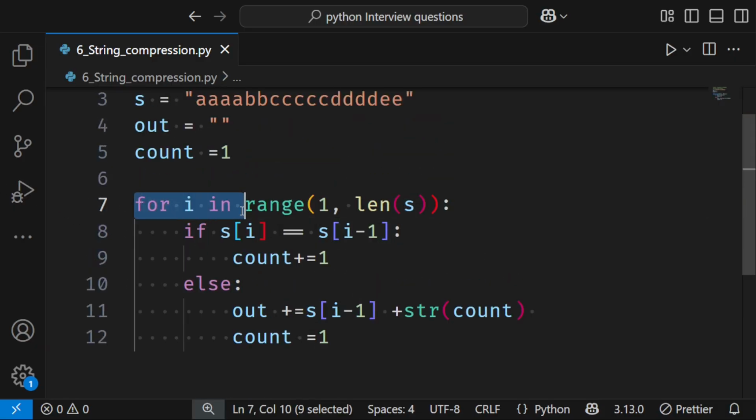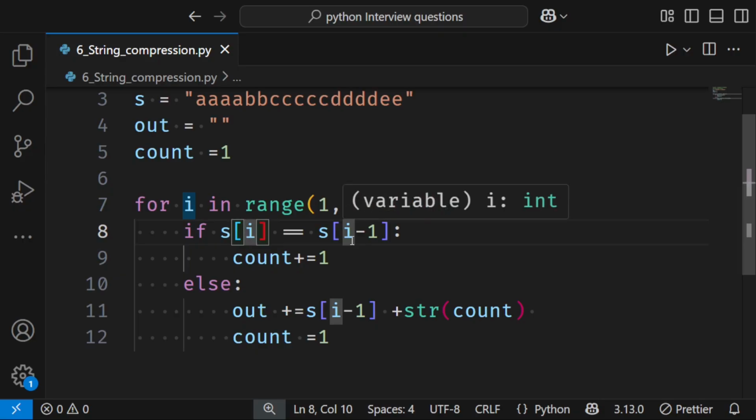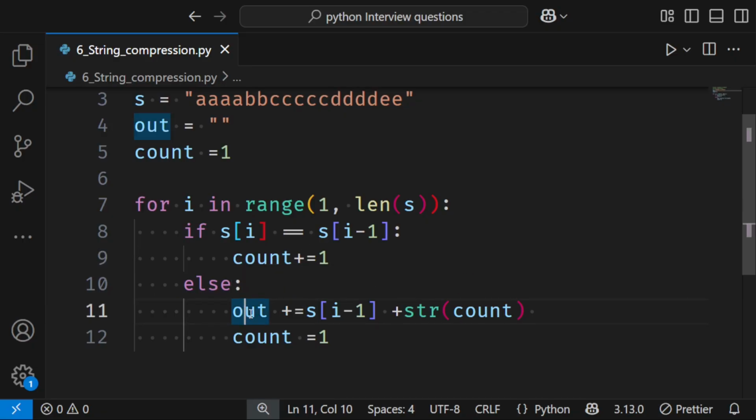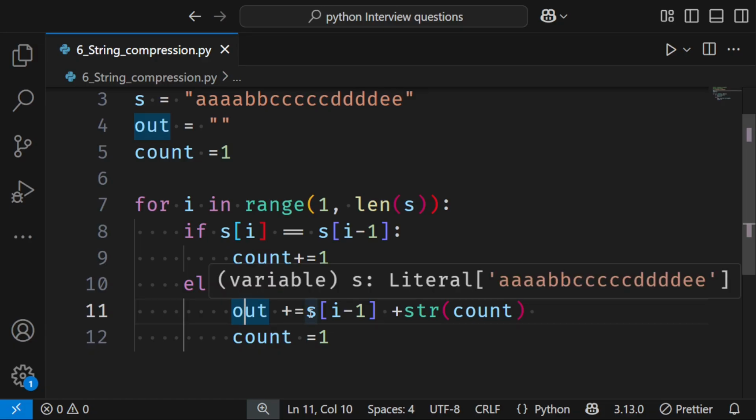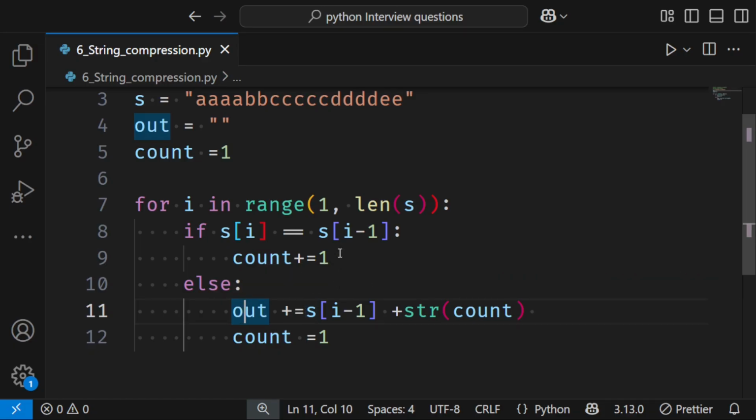First we are iterating over each character of the string. We check if that character is the same as the previous character, then it will increase the count by 1. If that condition is false, then it will save the result in such a way that, see, the loop